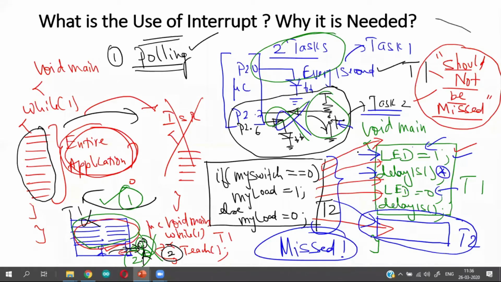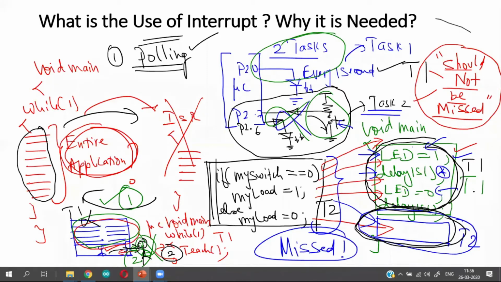How is polling done here? This is my class. Blinking my LED on and off is my class. That is my background task 1. Here I am going in for polling. What is polling? I am checking for the availability of input. If somebody is pressing the button, I do something, else I don't do something. This particular technique has 2 disadvantages.